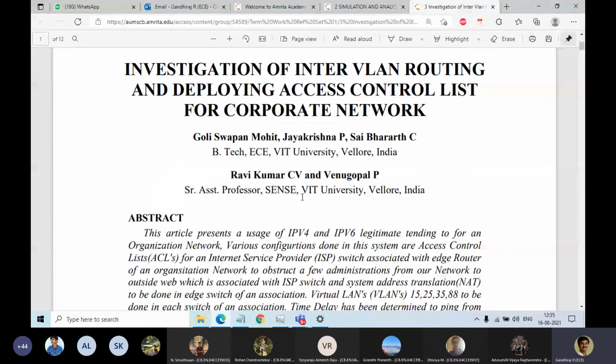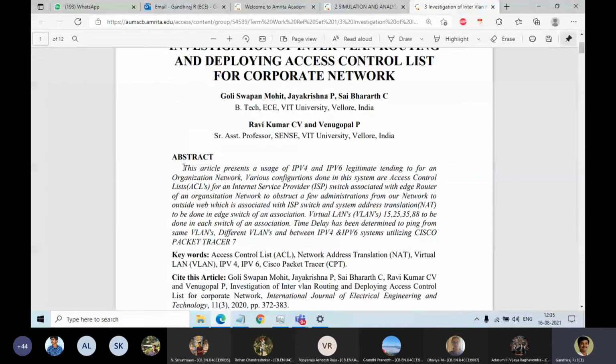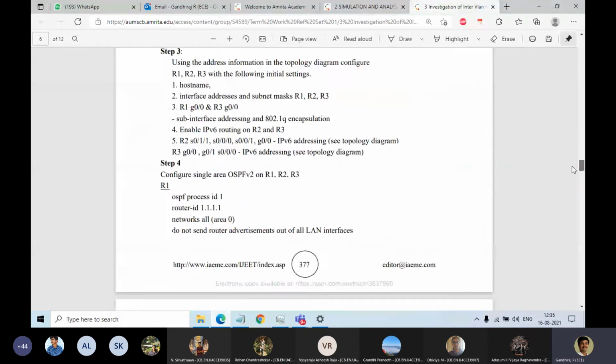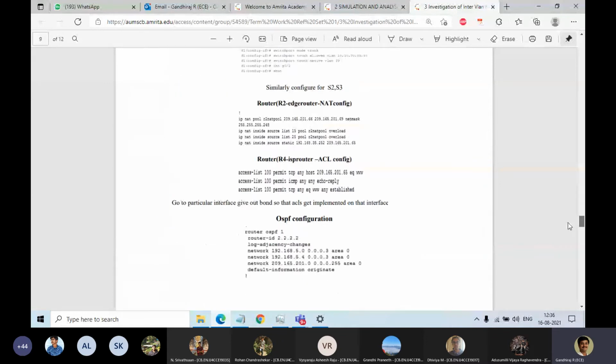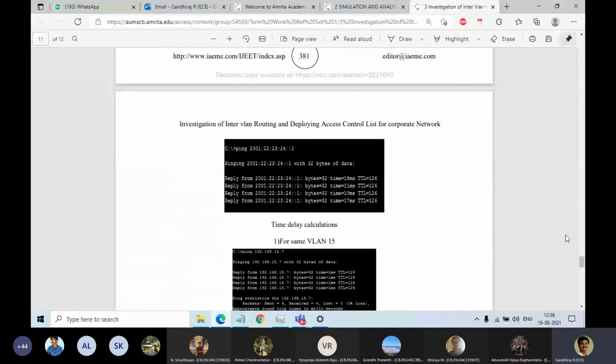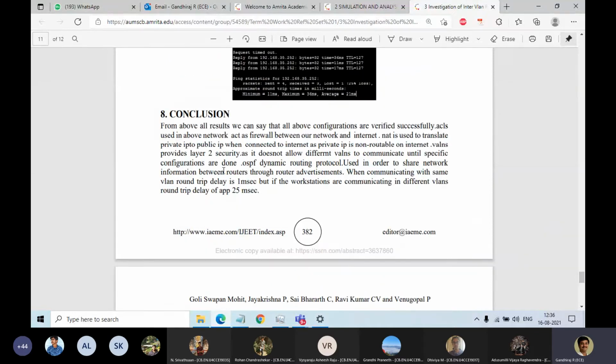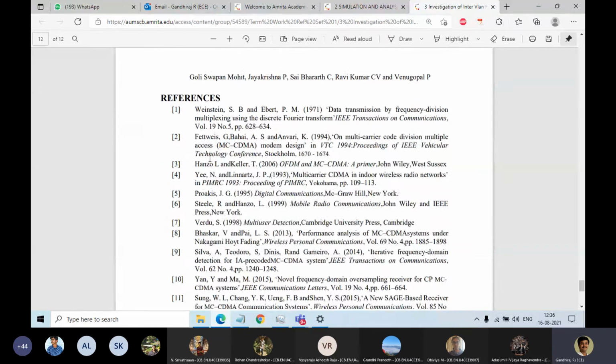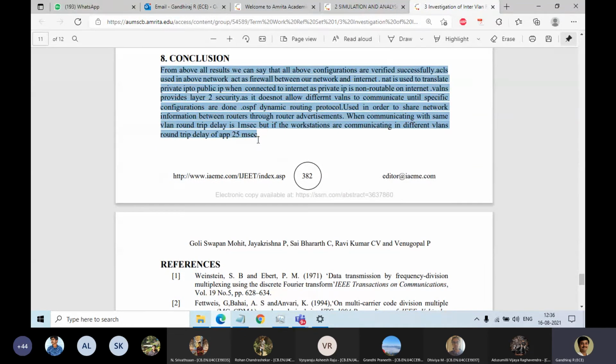Any article, if you want to read it, don't go through it fully. First you read the abstract. The abstract will give you the essence of the total work they have done. Then you come to the bottom, to the conclusion: how much they have implemented and what final result they have obtained.